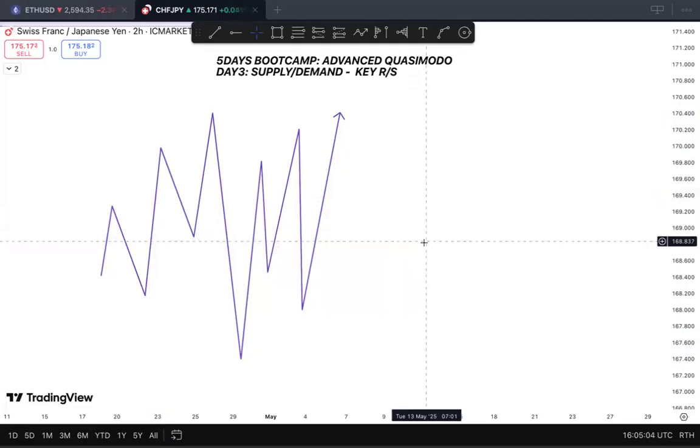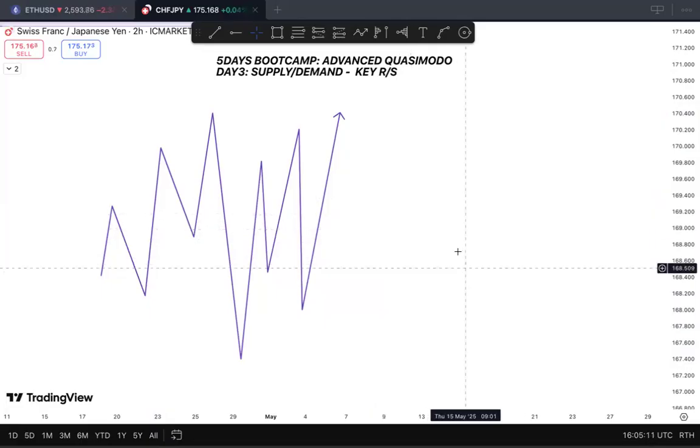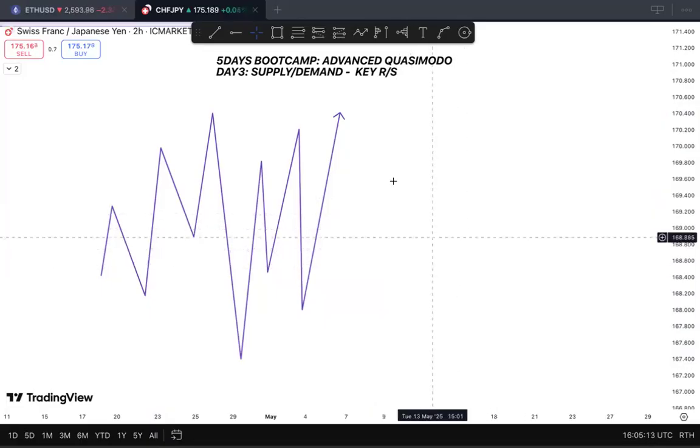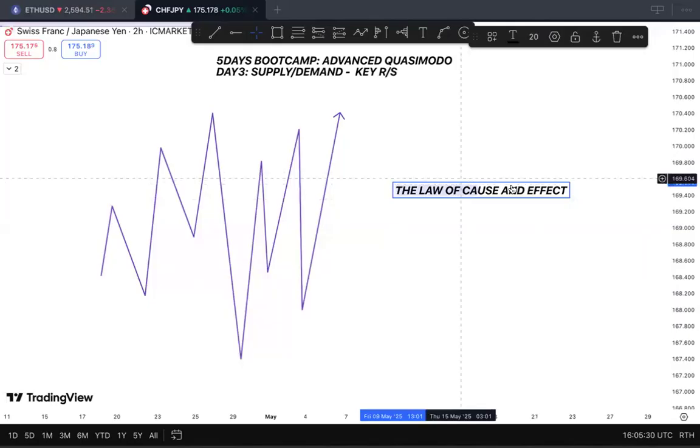But this is what I want us to catch. I want to unveil a secret here that so many people do not know about the Forex market. And that secret is simple: the law of cause and effect. So what does it state? It states